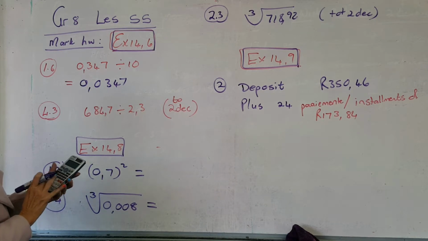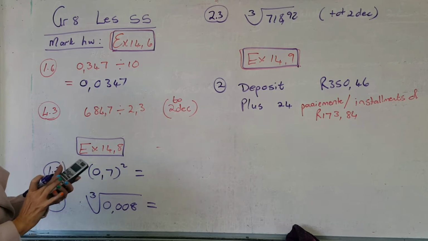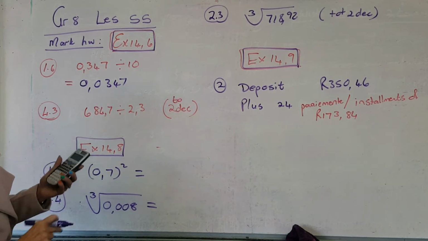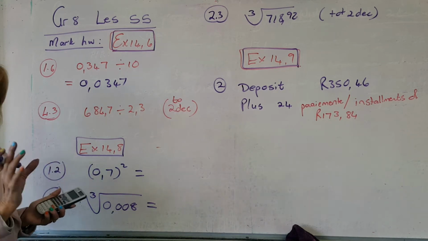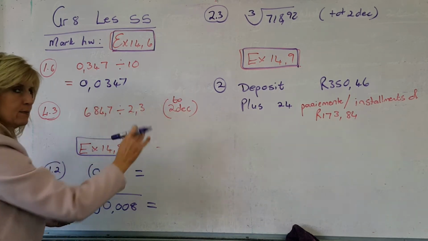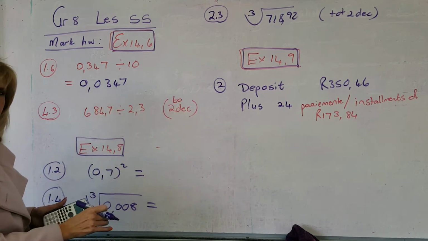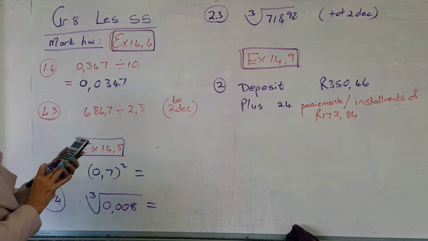684,7 divided by 2.3. Geef my 'n antwoord van, and remember, your calculator always goes back to normal fractions. You've got to press the SD to get it into decimals. The rule, if the question is in decimals, your answer should be in decimals. As die vraag in desimaal is, behoort jou antwoord ook in desimale te wees. So my antwoord is